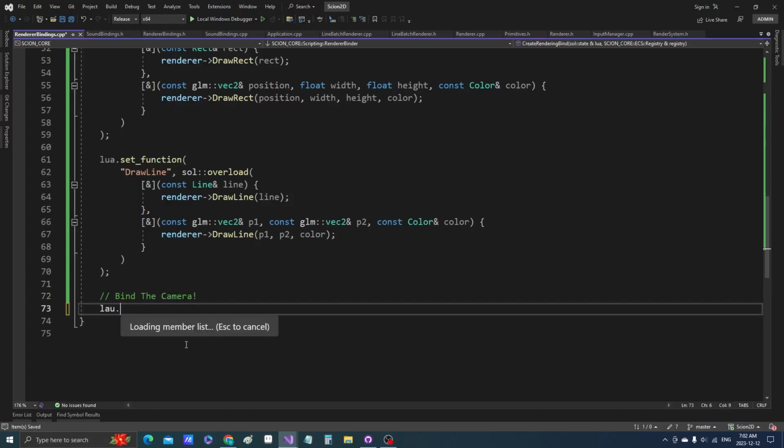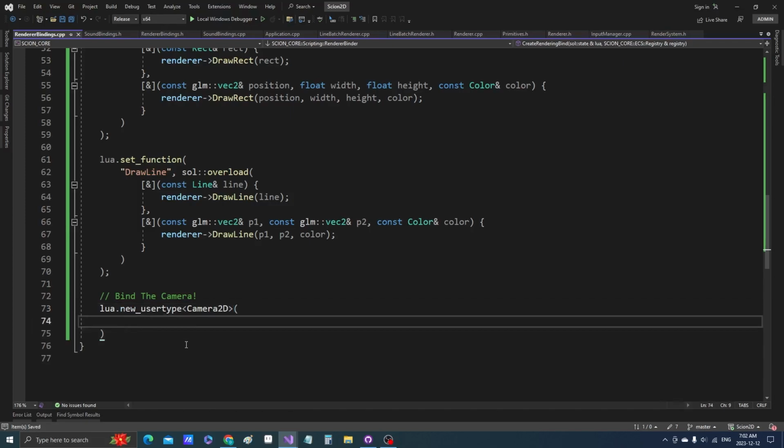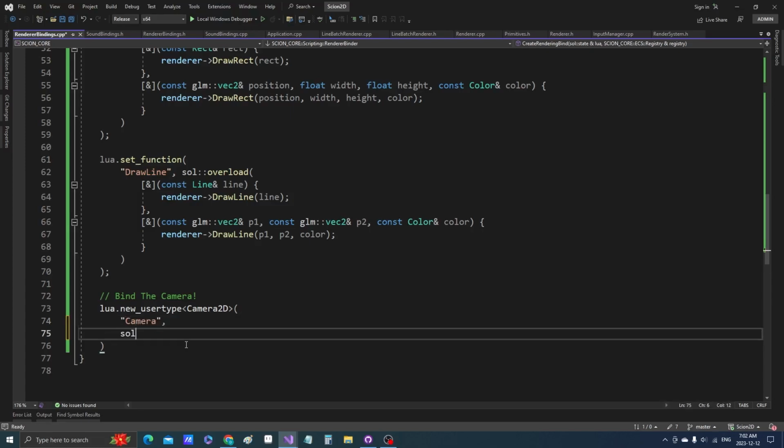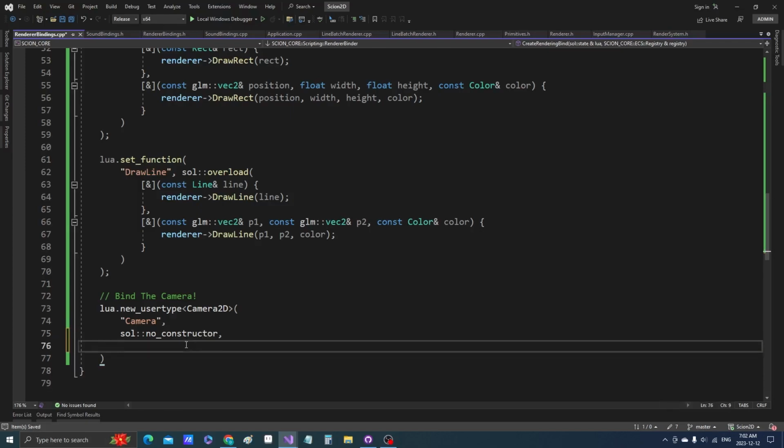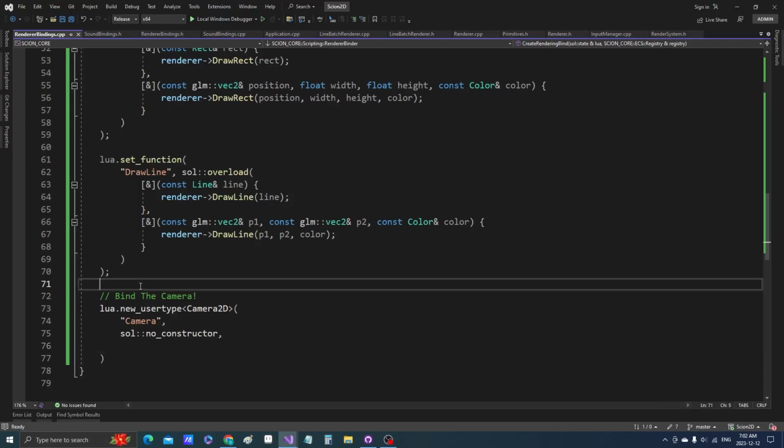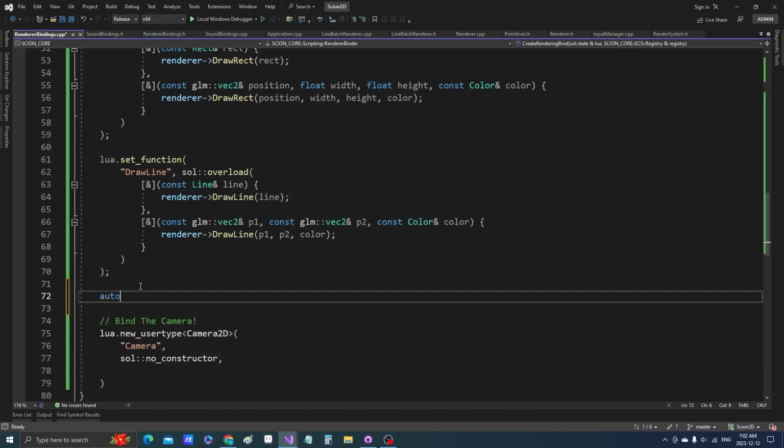Okay, so we can go Lua, not Lao, Lua dot new user type camera 2D. And we're just going to call this the camera. So no constructor, because we're already going to have a constructor, okay? Speaking of which, we forgot to get the camera. So auto